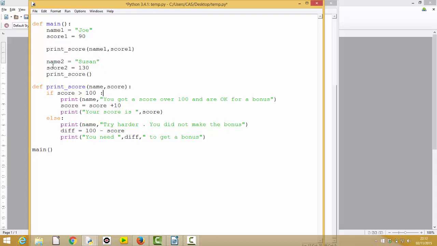And then similarly down here, when we've got name 2 and score 2 for Susan, I now want to pass in name 2 and score 2. Obviously when we pass those into the function, the text Susan is passed in and the number 130 is passed in. Those are put into the local variables called name and score,